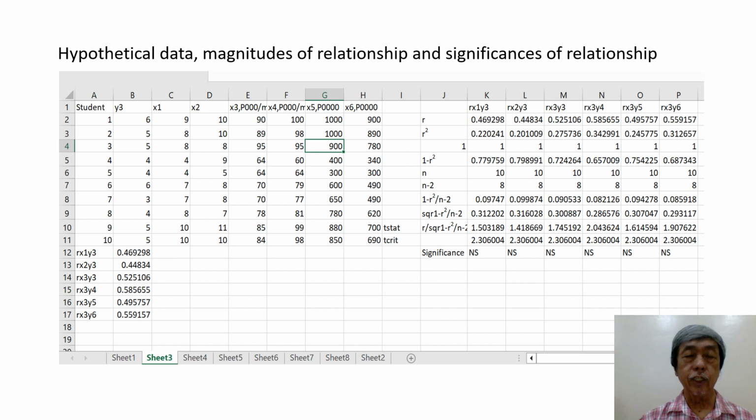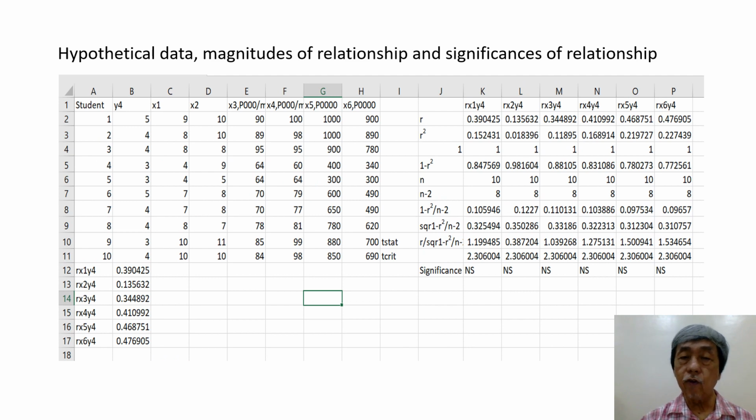This is the Excel sheet showing the computations for the magnitudes of relationship and significances of relationship between the 6 independent variables and the third dependent variable.